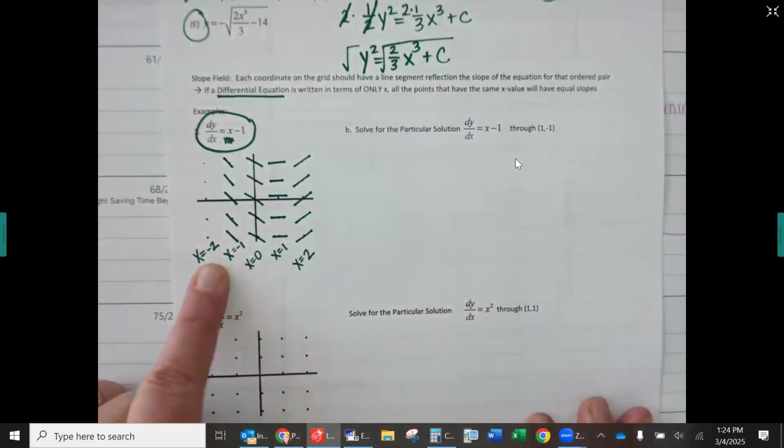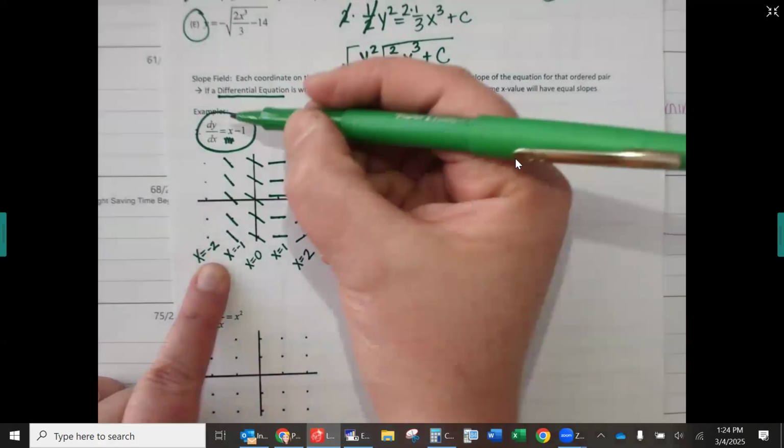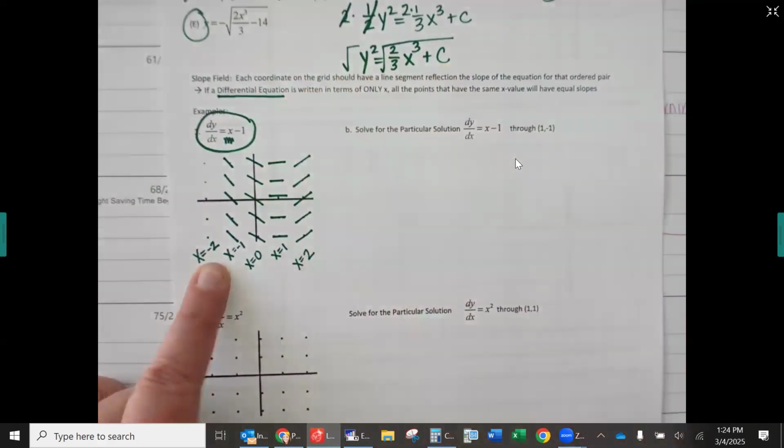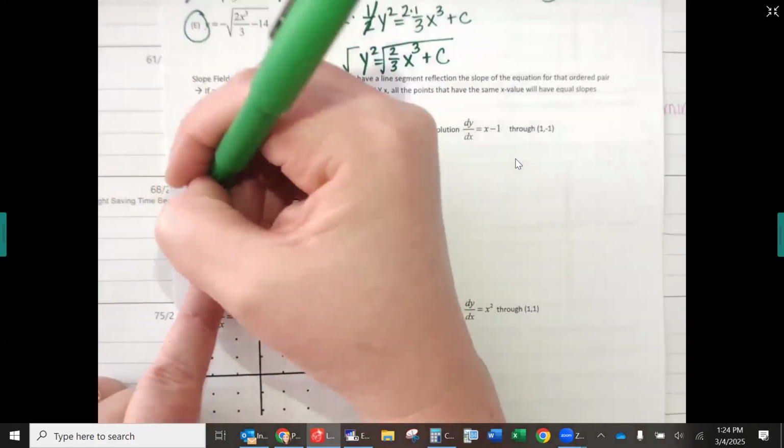Okay, then if I go over one more, now I'm plugging in an x value of negative 2. What's negative 2 minus 1 more? Negative 3, which would be even steeper than that. So it'd be,